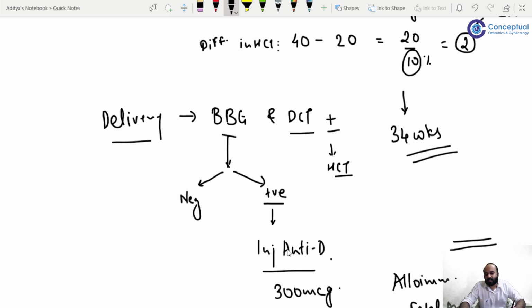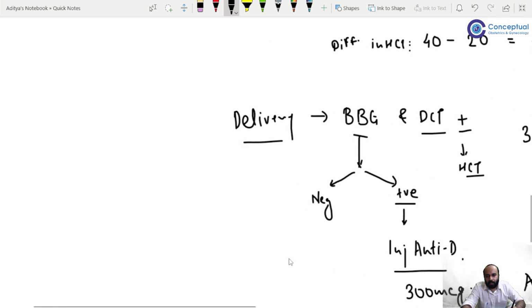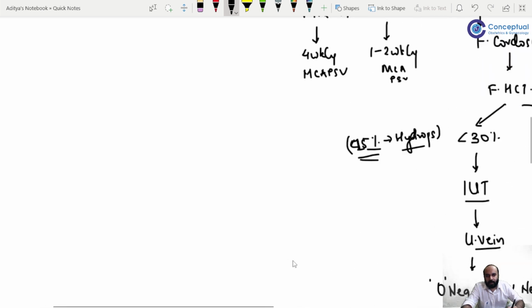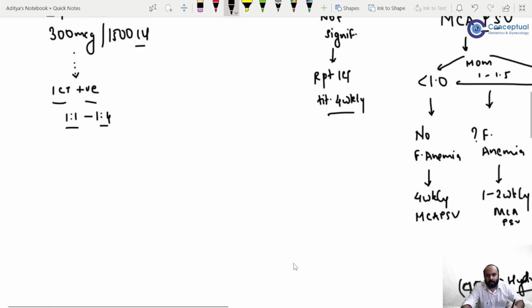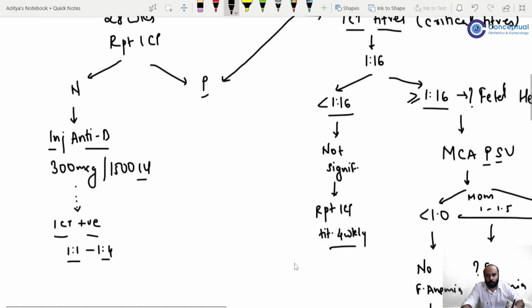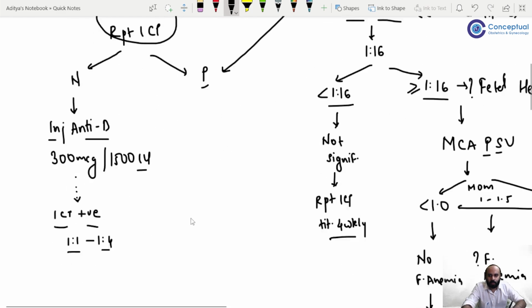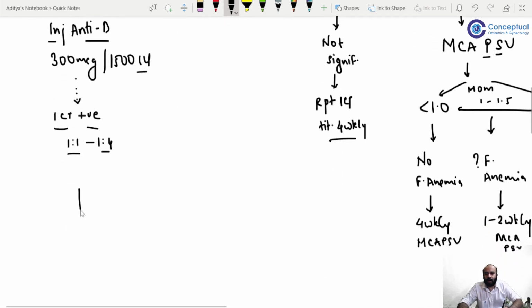Now, one last interesting point, you would ask me कि हमने सब देखा, why do I need to test it at 28 weeks? Why can't I be testing it at 24 or 26 weeks? यहाँ पे there is this one interesting point that I want to talk about. ये जो 28 weeks था, ये 28 क्यों मैंने लिया? इसमें 28 में क्या अलग बात है? So the answer lies in the half-life of